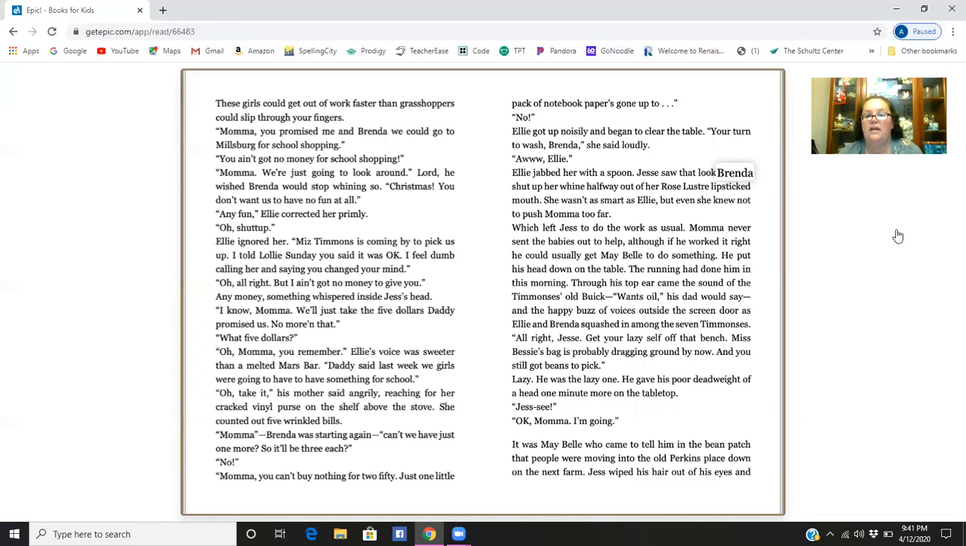Ellie got up noisily and began to clear the table. Your turn to wash, Brenda, she said loudly. Aw, Ellie. Ellie jabbed her with a spoon. Jess saw that Brenda shut up her whine halfway out of her rose luster lipsticked mouth. She wasn't as smart as Ellie, but even she knew not to push Mama too far, which left Jess to do the work as usual. Mama never sent the babies out to help, although it